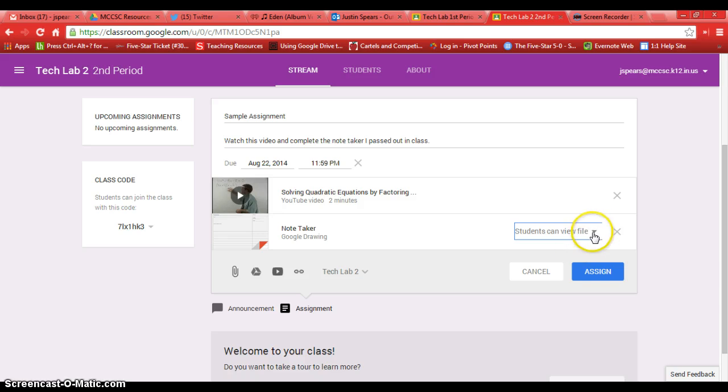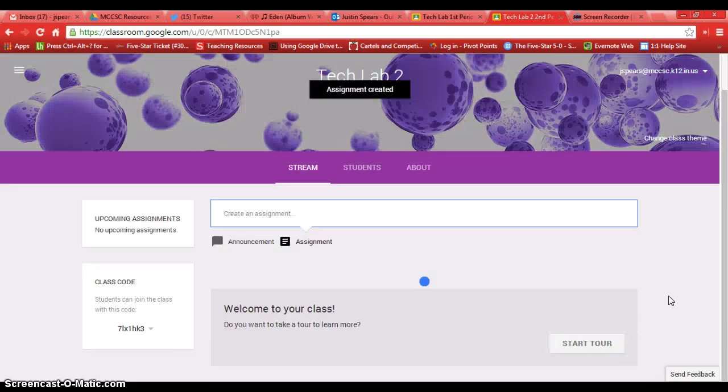Otherwise, they're going to have to manually save a copy in their H drive, but they've eliminated that essentially by clicking on this make a copy for each student, and then now each student will have their own individual note taker that they can edit without having to worry about changing your original or messing up the rest of the class. So I'm going to click assign, and it will again go through this process of getting this, and